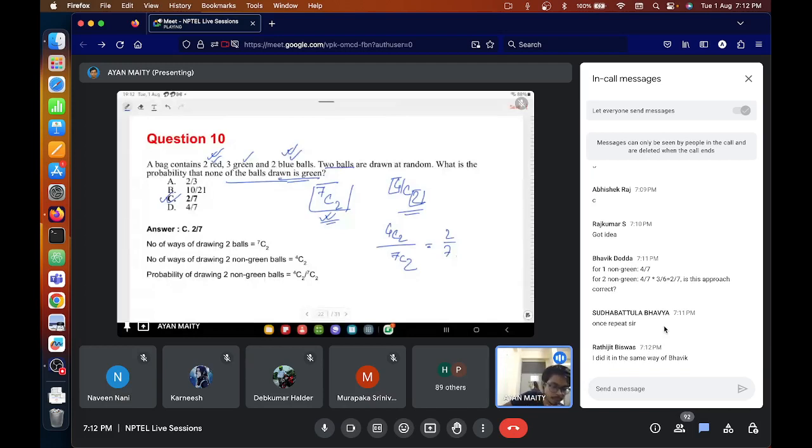Rachit is saying I did it in the same way. Yeah, both the approaches are right. What Bhavik has said, that is also fine, and this is also one way of doing that. Bhavya is saying once repeat. Okay, so